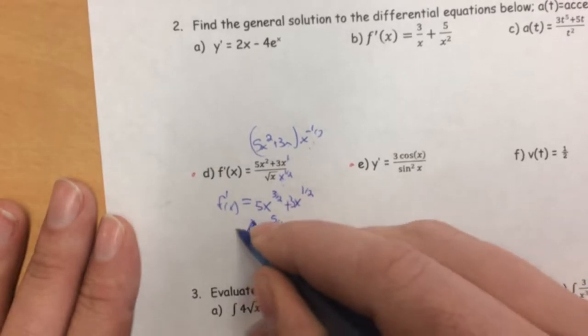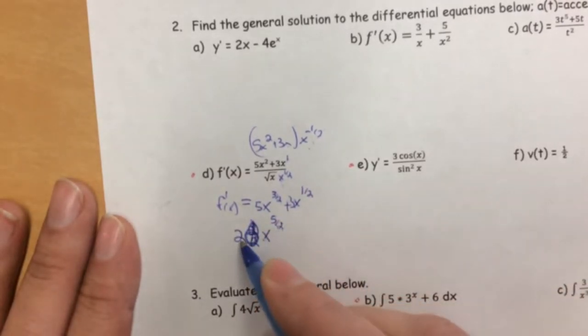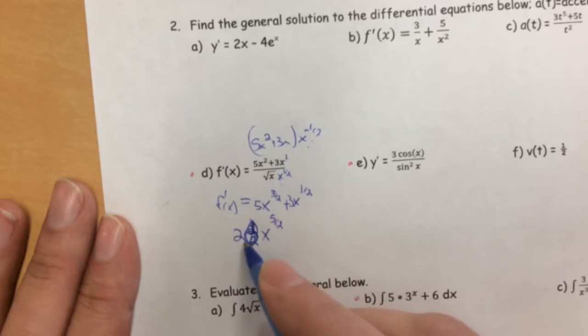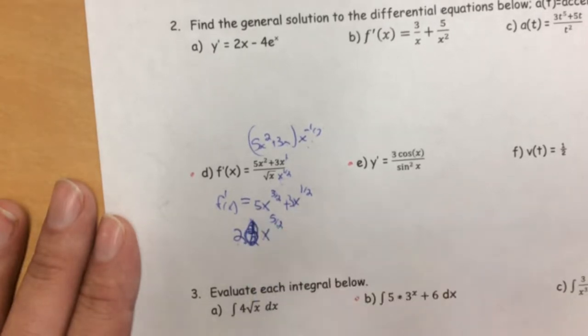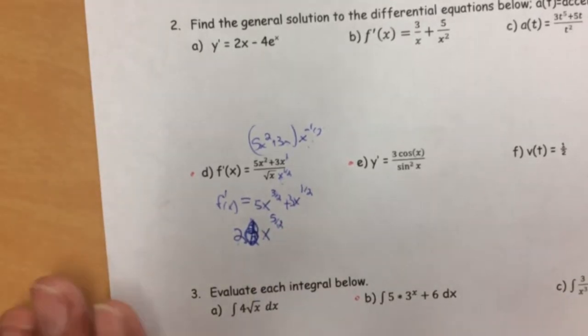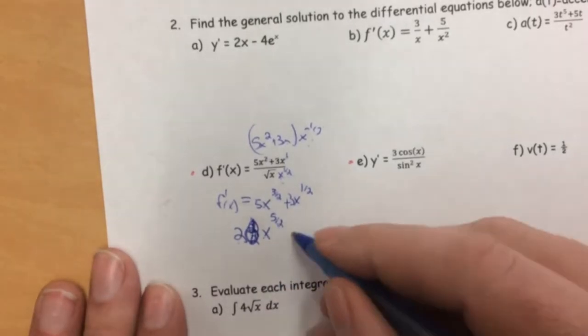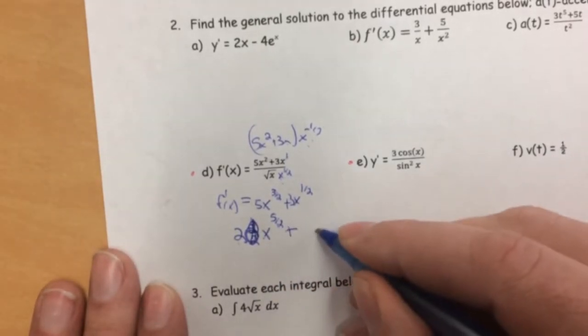That's so wrong. The answer is 2. That way when I multiply by 5/2, the multiplying by 2 and dividing by 2 will cancel out, and I'll just get 5. Or another way to do it, and I'll do it on the next one, is when you raise the power,